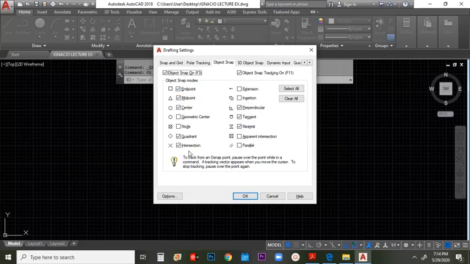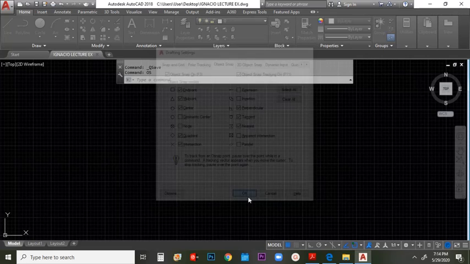On the corresponding snap modes, you have the legend of the snap modes. Please check object snap on, and then save your settings by clicking OK.